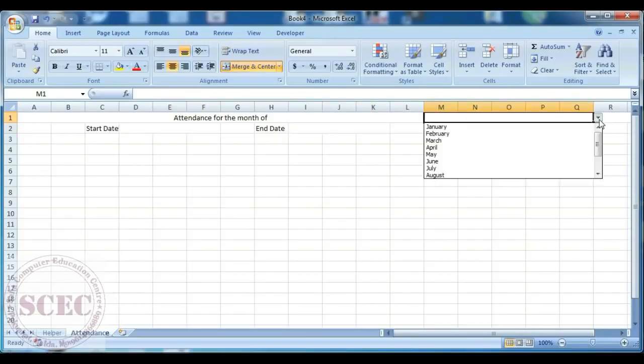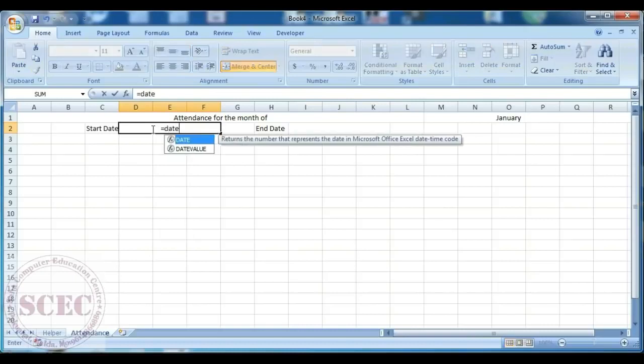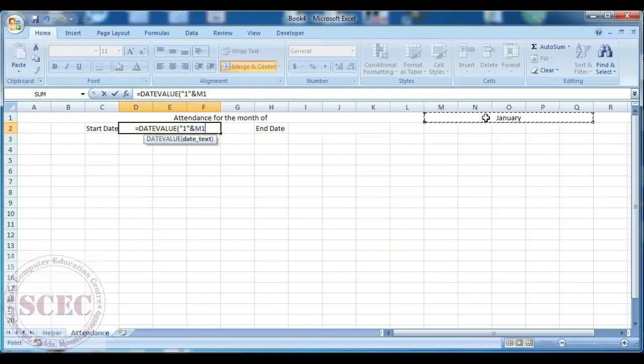So first let's select the month January, and now we will put a formula here to get the first date of January. Type equal to DATEVALUE, open bracket, double inverted commas 1 double inverted commas closed, and select the month cell, that is M1, then close it.